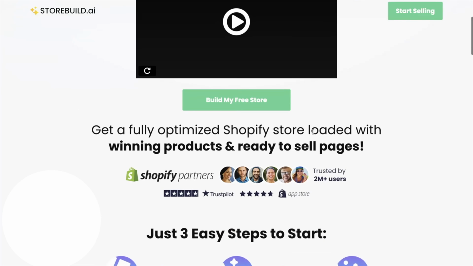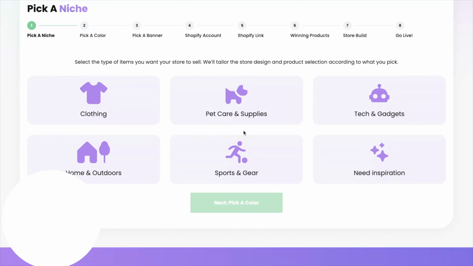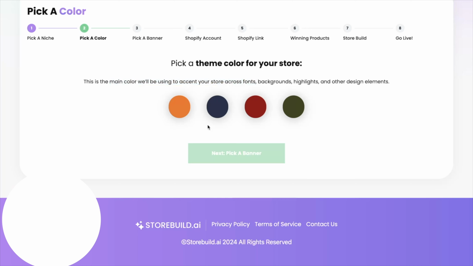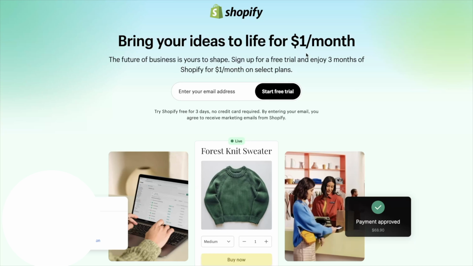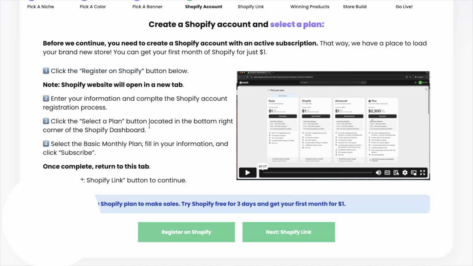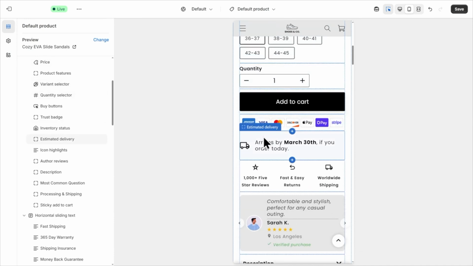Now, Storebuild.ai doesn't try to do everything. It focuses on doing one thing really well: getting your e-commerce store built and ready fast. For drop shippers, first-time sellers, or even experienced store owners who want to test and launch quickly, it's a huge shortcut. And it's not just about saving time. It's about avoiding the usual pain points that slow people down. You're not stuck staring at a blank theme or Googling how to add a testimonial section in Shopify. You're moving forward. So if you want to get your store up and running without spending hours tinkering, then Storebuild.ai,